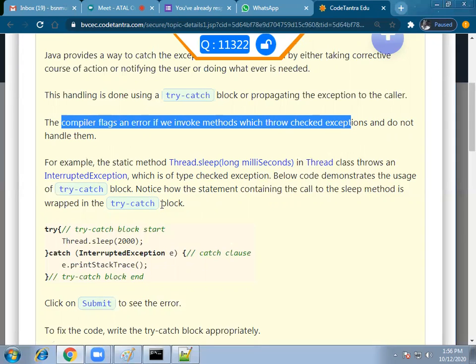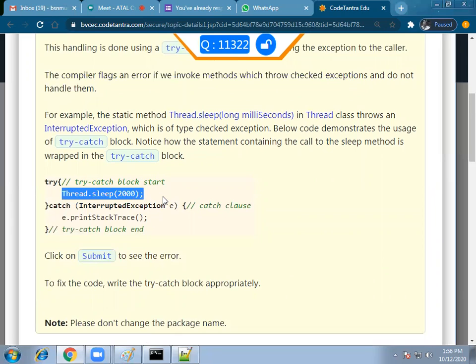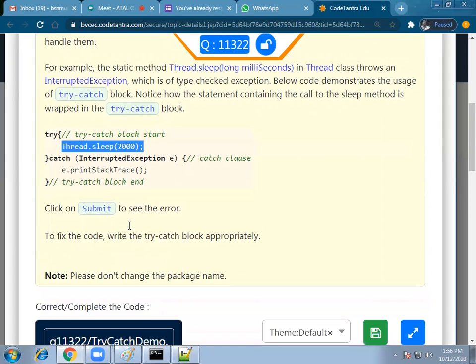So in order to avoid the problem, what you can do is simply put this code inside the try catch block. In the try block, you call the method Thread.sleep(2000), and immediately catch: e.printStackTrace(). For example,